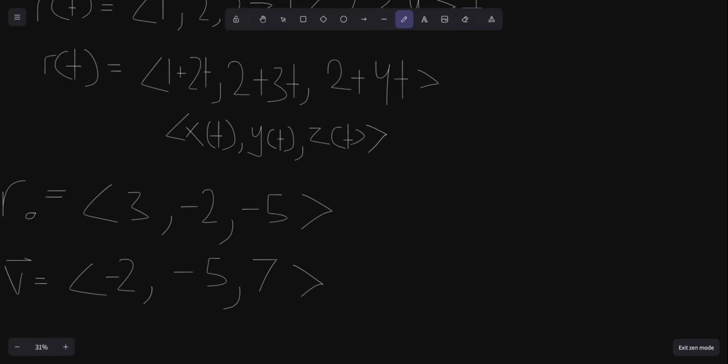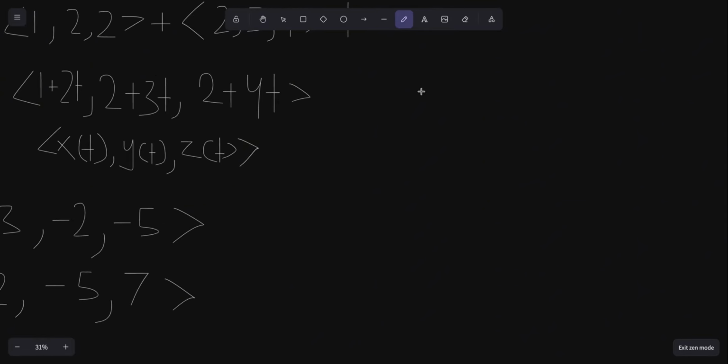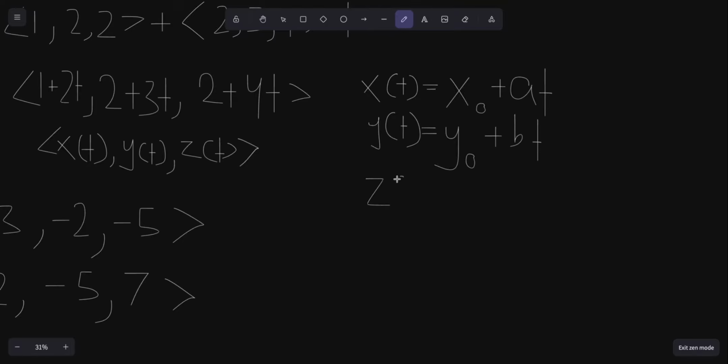Now, more formally, so that's just going to be practice for y'all. More formally, x of t, a lot of times you may see it defined as the initial x value, x sub 0, plus, I can say that our velocity in the x direction, I can just call that a, times t. y of t is going to be equal to our initial y value plus bt. And then z of t is going to be equal to initial z value plus ct,